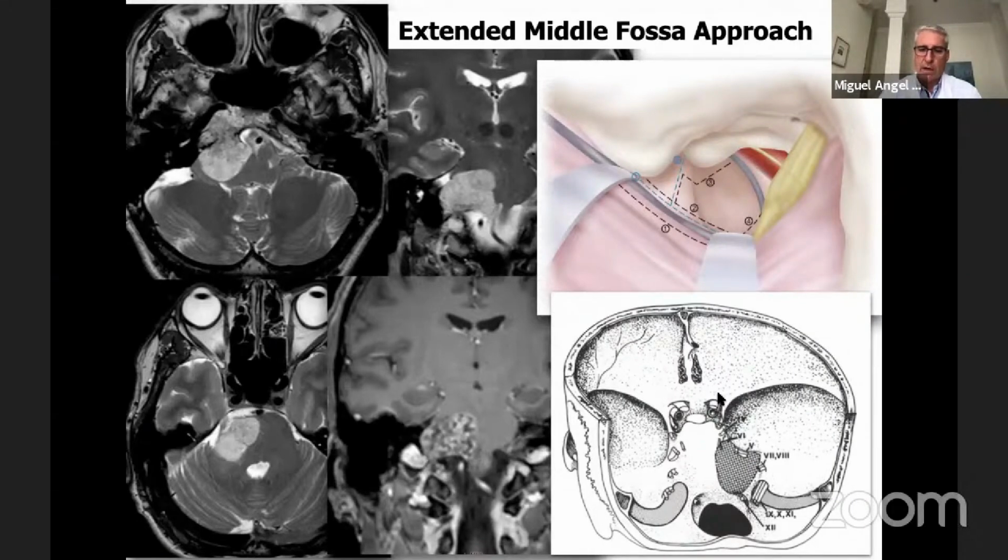Second indication could be, as shown by Sebastian Freilich, anterolateral pontine tumor, typically cavernous angioma. This is a second indication. And third indication, and to my mind, the main indication, lesions that are growing at the same time at the